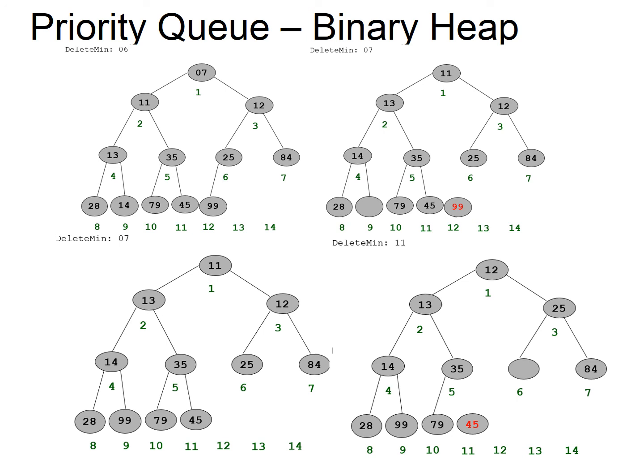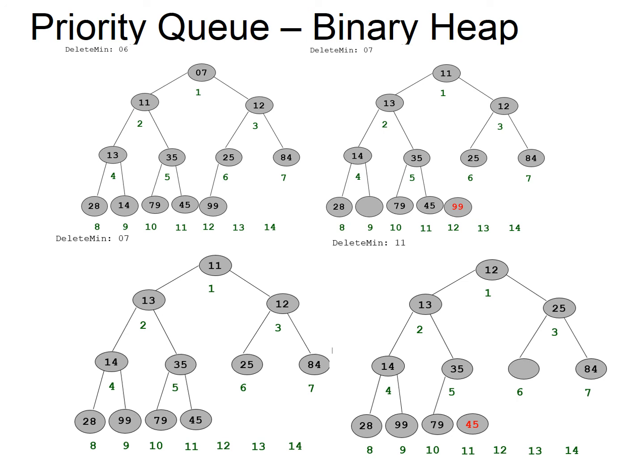Now after this, I am going to perform again a delete minimum operation. So in the top rightmost, I am going to perform delete operation. So the root node will be deleted, that is 7 will be deleted. So if 7 is deleted, you can see 11 and 12 are connected. So which will take 7th place? 11 will take. The 11th, that is the second node, has again two children, 13 and 35. So which is minimum? 13 is minimum. So 13 will go up to second node.